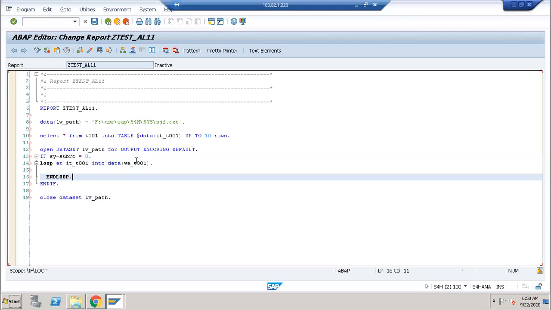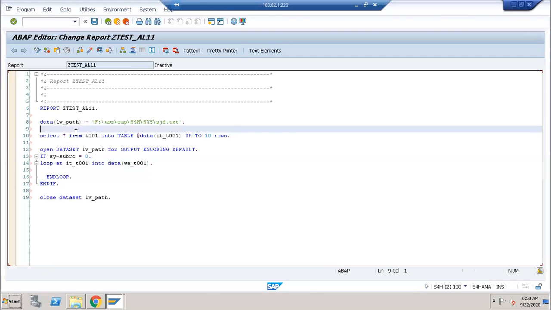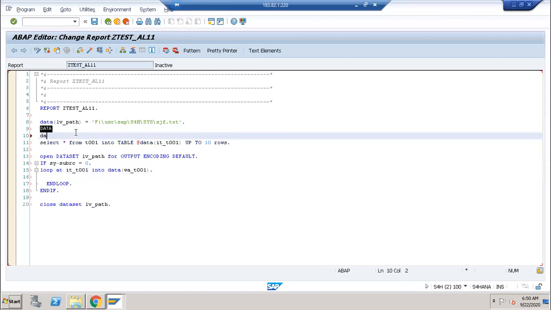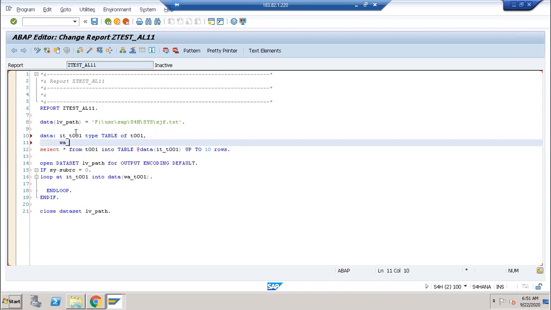If you are confused here, I will declare the internal tables and work areas the old way. Data it_tw01 type table of tw01, and wa_tw01 type tw01.